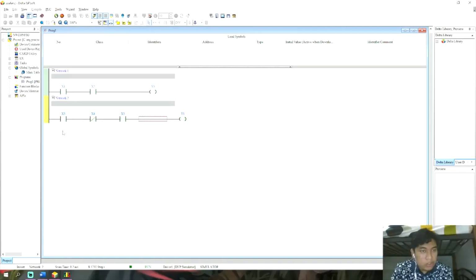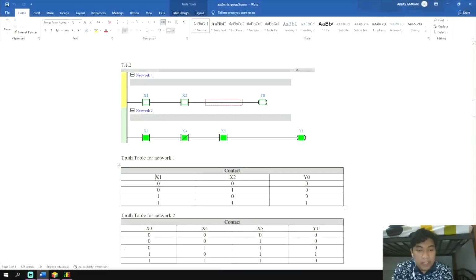So as you can see, X3 is going to have current, and X4 is going to have current because this is an AND NOT, so current is going to go through it. And then X5 is going to have current through because we declare it as 1, and thus our output is going to have current. And then we go to our last line, 1, 1, 1,